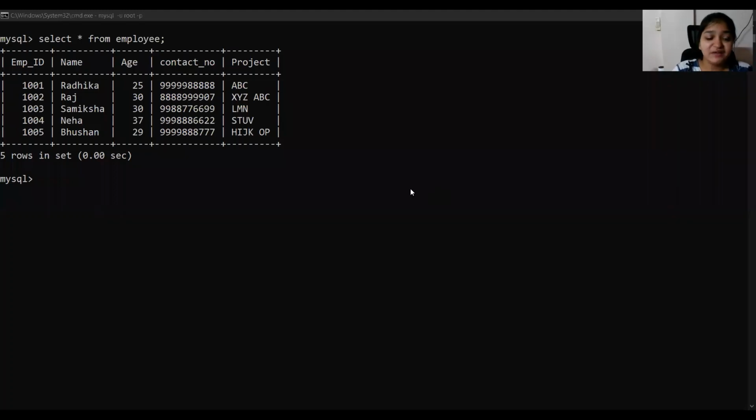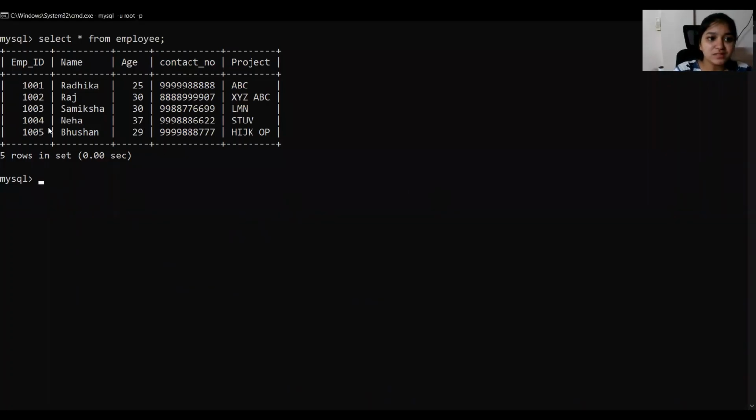Okay, so I've entered few more values in my employee table. Now the next integrity constraint that we'll be talking about is a foreign key. So a foreign key is a key used to link two tables together. It is sometimes also known as a referencing key. A foreign key is a column, or a combination of columns whose values match a primary key in a different table. So like we have employee table, and employee table has employee ID as primary key. So this employee ID can become foreign key for some other table.